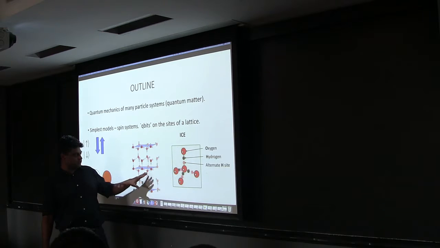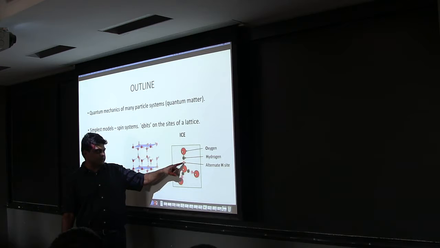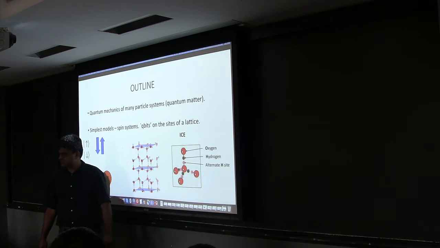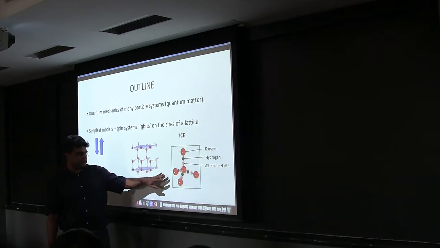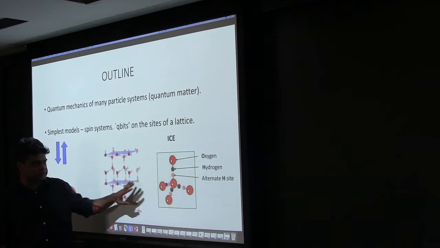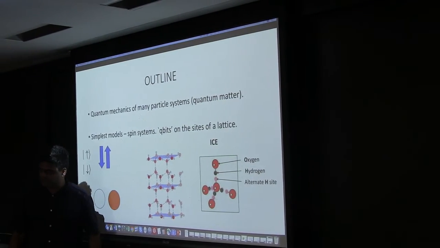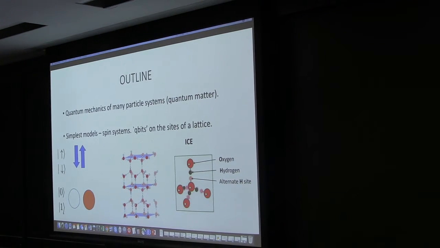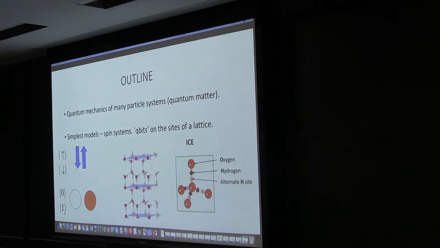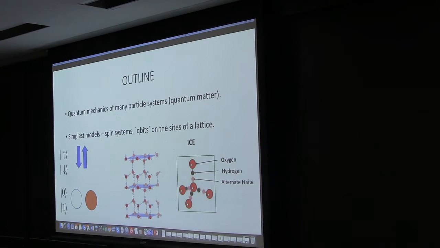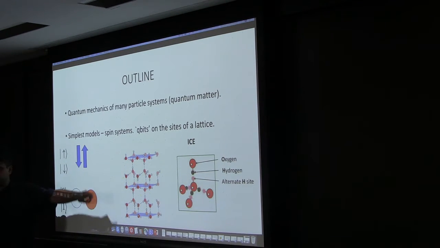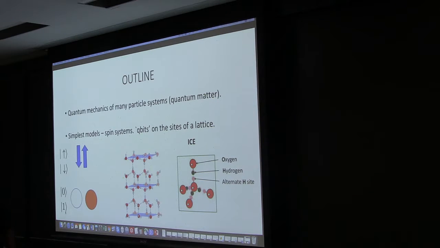And so you can imagine the configuration of ice having these variables that are 0 or 1 depending on where the hydrogen sits. In fact, there are a lot of different configurations of the hydrogens for a given structure of ice. And it turns out that's very important for the thermodynamics of ice, for its properties. And if you go to low temperatures where quantum mechanics becomes very important, you should think of that as a quantum two-level system. Okay, so we'll come back to this later. There's interesting physics that happens in this particular quantum system.